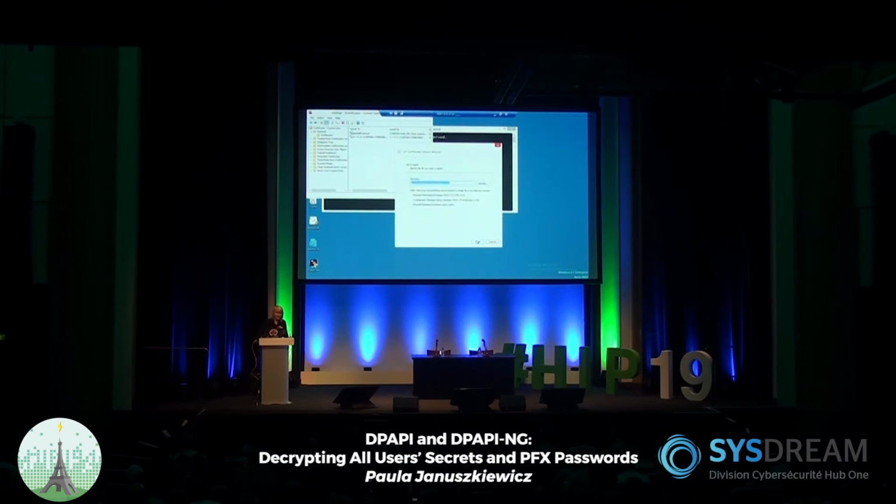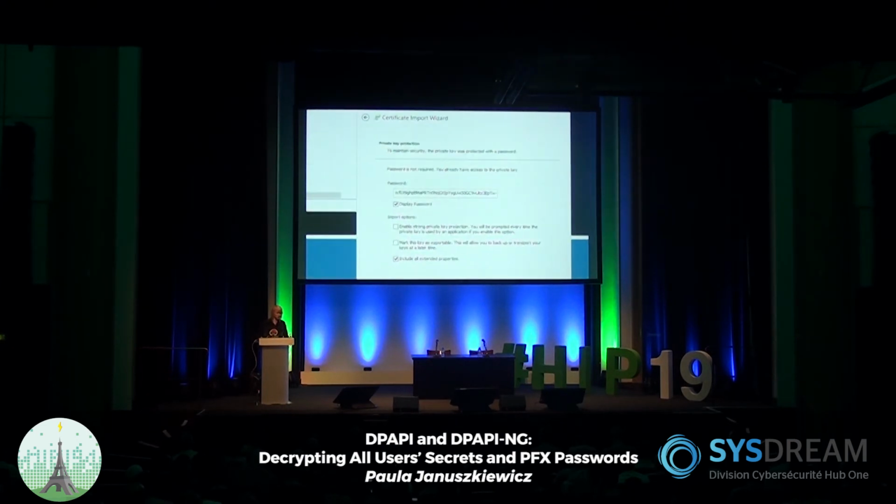So if I open it as myself, I can go next, and this is really funny, by the way. This file has been protected this way. There is kind of a password, because this is a very old school way. This is a very old school file, an old school way of protecting it, and we can always display this password, and this one is called IXFGT and so on. This is the automatically generated password, which is protected by the SID protection by the DPAPI-NG. So at the end, it's still the same type of an old school file, but it's already a better way of managing it. Now, question of the universe is, how can I steal this password?